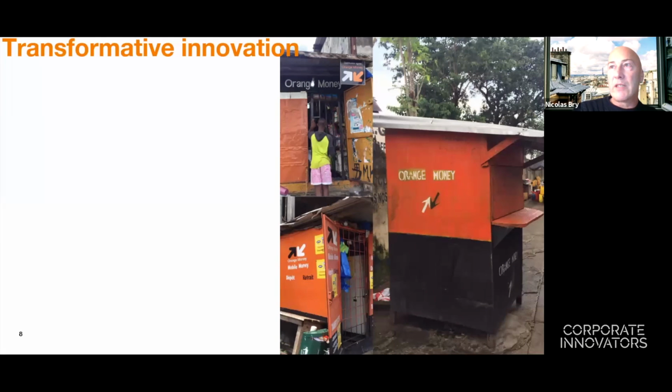Orange captured this trend and built a platform to develop this service over the 20 countries where it operates in Africa. And of course, this service comes with local Orange Money partners. That's the picture that you see on this slide. So basically, anyone can be an Orange Money partner. And in this very, very small boutique, any Orange Money user can deposit money, cash out money, can cash in money